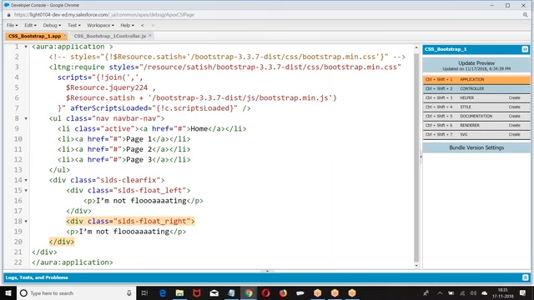How do you mention the size? Then I have to go for a style class or inline. Straight away, if I apply, I am not getting it. Why? The div size should be given. If you don't mention the div size, how will the data be aligned? If you give me width and height, I will say go to left or go to right. Are you getting my point?